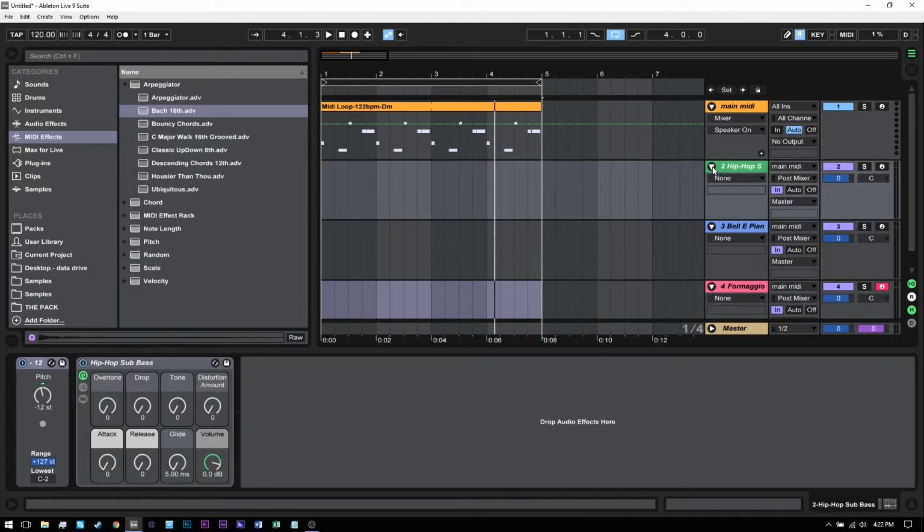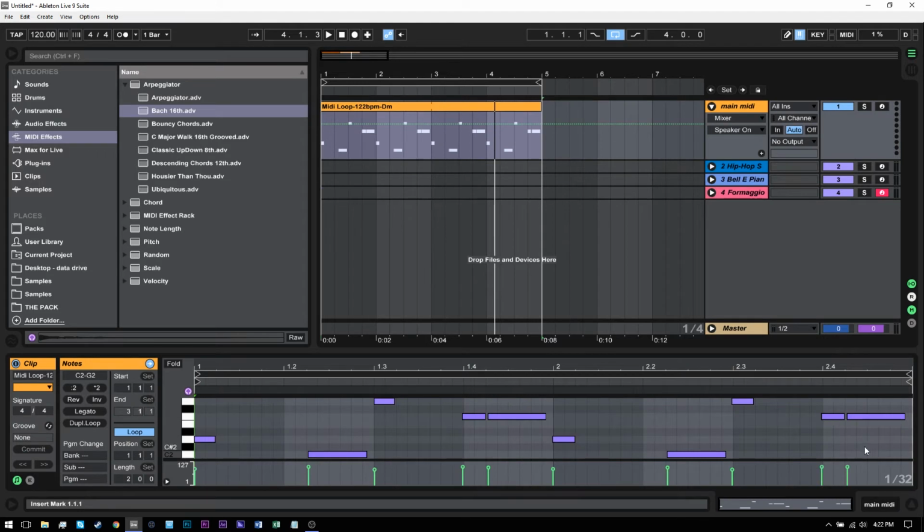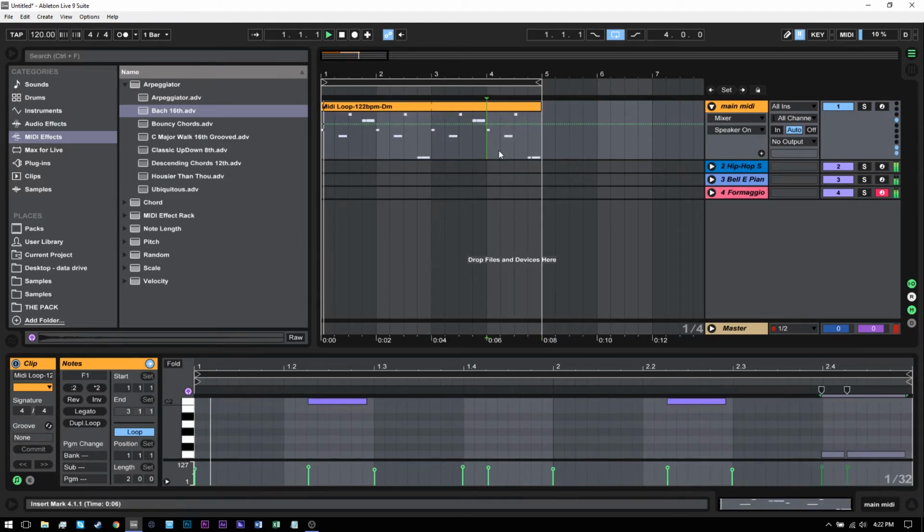And the thing that makes this really great is, let's say all of a sudden I want to add a little bit of a change here. Everything is updated automatically, and I don't need to duplicate this MIDI clip 3 different times for 3 different instruments. It's just a really great thing to do, especially if you're going to be doing like a live show or something and you want, you know, if I come up here and activate this MIDI clip,